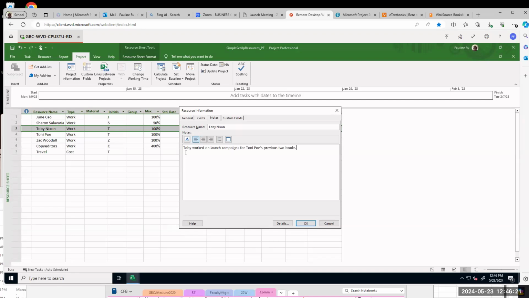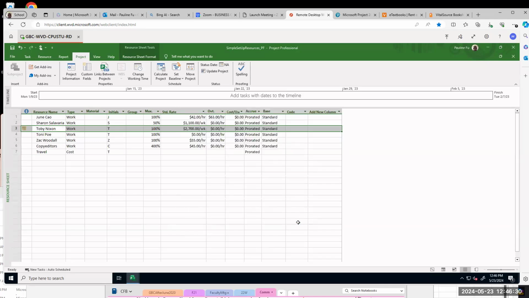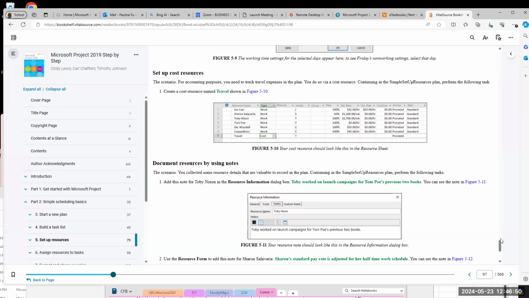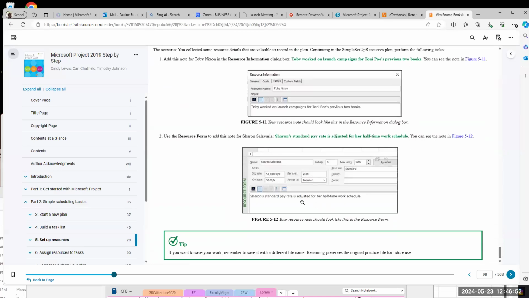So that is the notes. So we add the notes for Toby Nicholson. So if you mouse over, you can find the notes. Okay, we did the notes for Toby Nicholson.